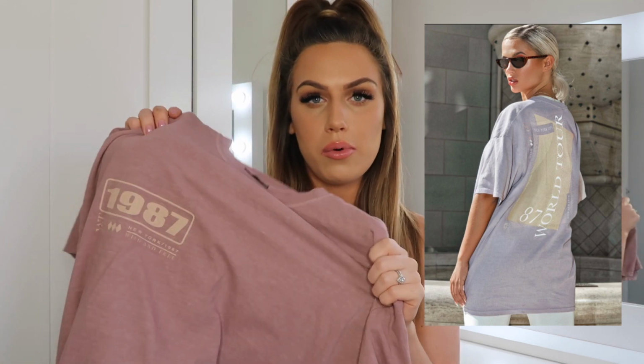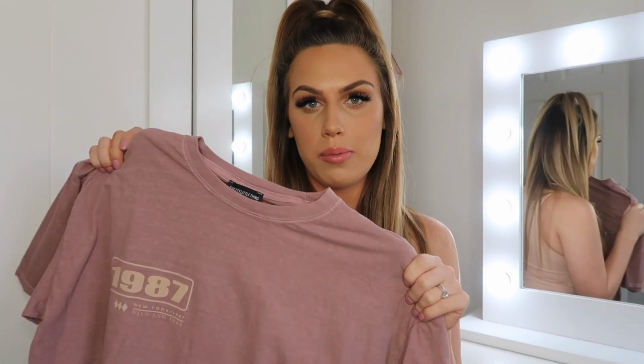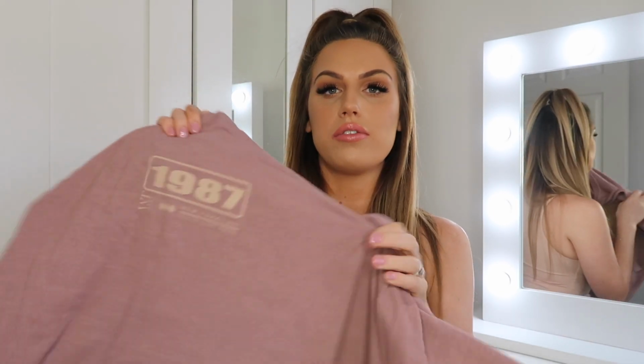This is like proper casual, and the other one was quite dressy. So this is the t-shirt that was in the collection. I feel like in the picture on Pretty Little Thing, it comes up a lot more grey. I'll insert it here. This one is, I'd say in person, more of a dusky lilac-y pink. I don't know what sort of colour it's picking up on camera, but nonetheless it is really nice. So obviously it's just got like sand nudie writing, it just says 1987 New York on the front,